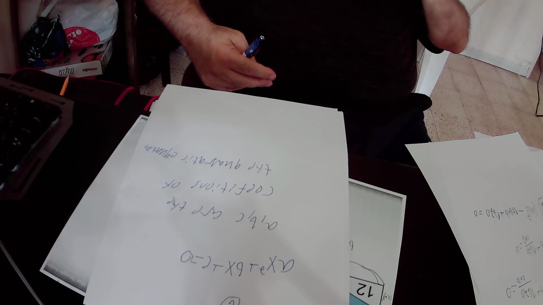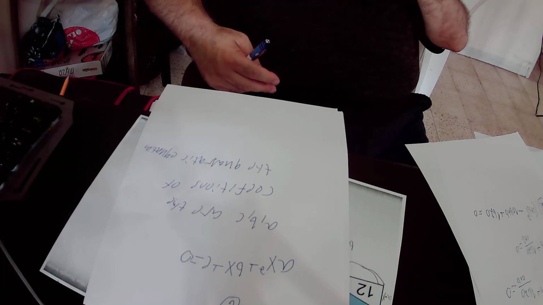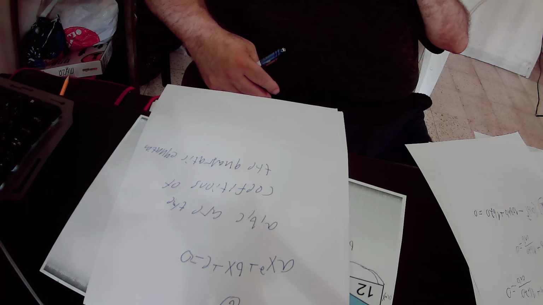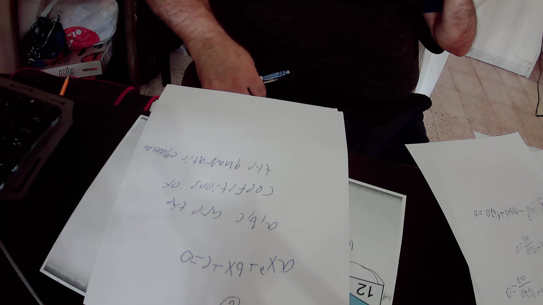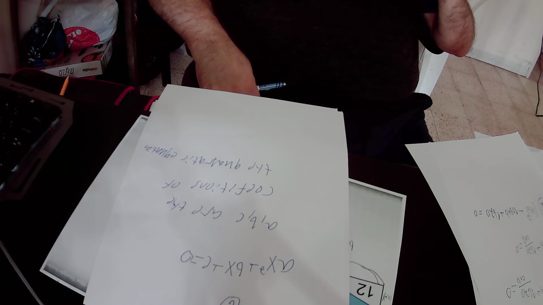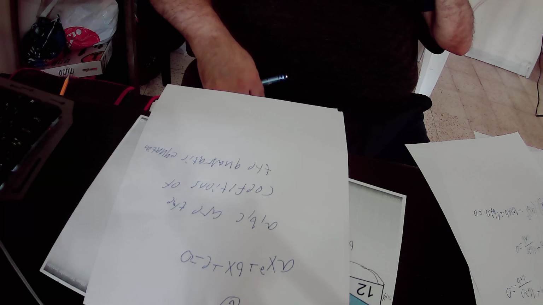So x is the root of a quadratic equation. X is the variable that we want to find in a quadratic equation, and we have a general equation for the variable x,